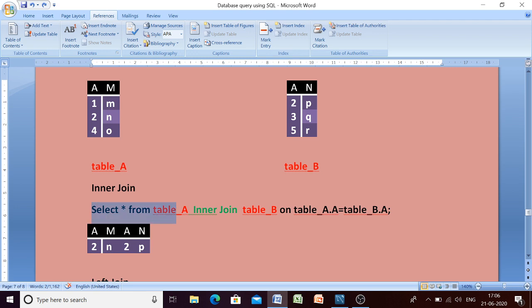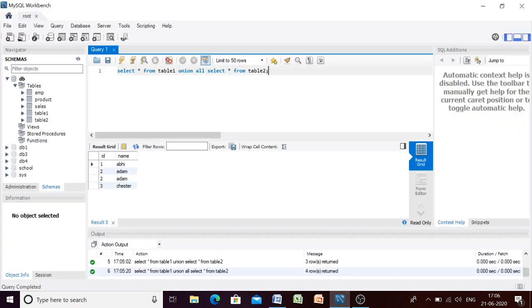I'm just copying the syntax here to save time. Here the name of the table is table 1, here the name of the table is table 2, and the name of the common column is ID, because joining is performed when we have a common column. I hope this should work. Let us execute this one.